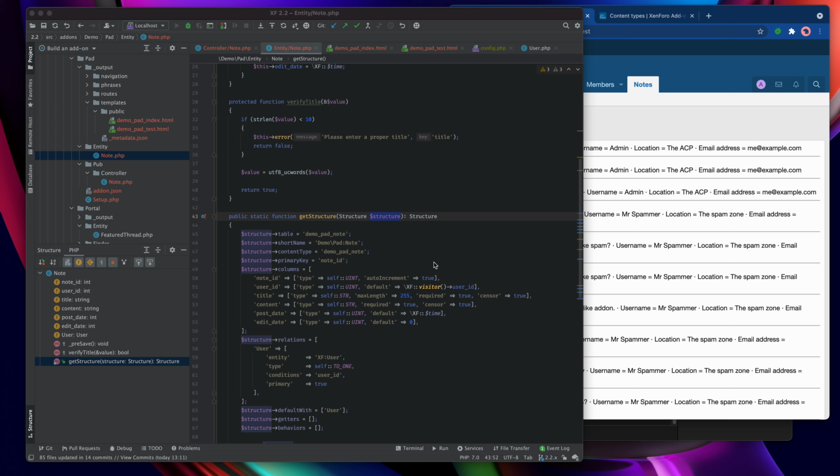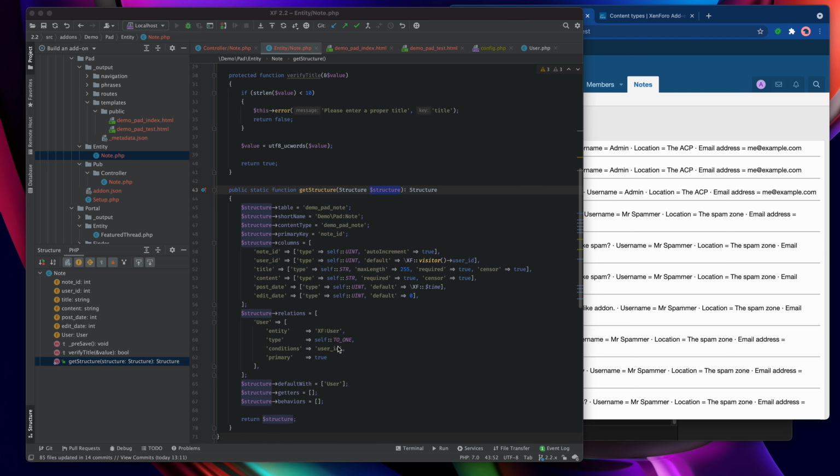Moving on slightly, I want to talk about getters. Right now, we know that we can fetch the note ID and the user ID and the title and all the other fields that come from the database, but a getter allows us to fetch more than that, to do something with the data or with something completely unrelated before it gets returned. And it works a little like this.